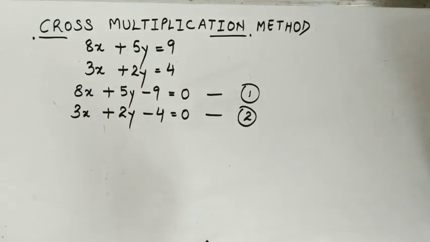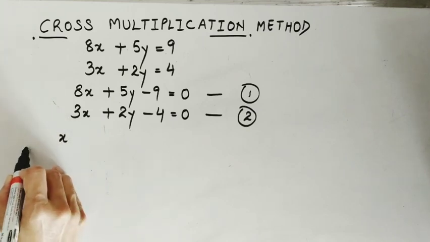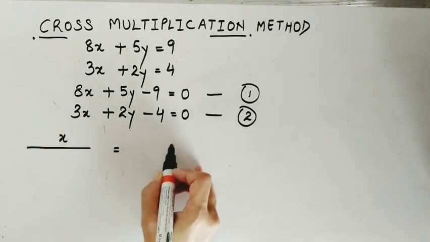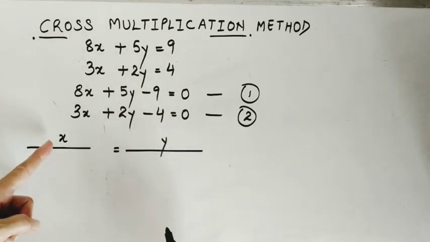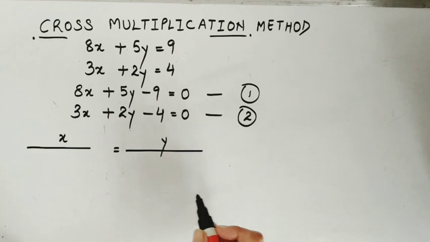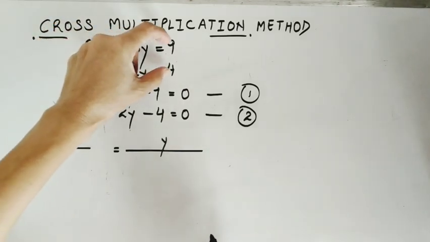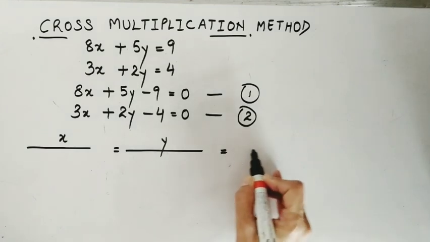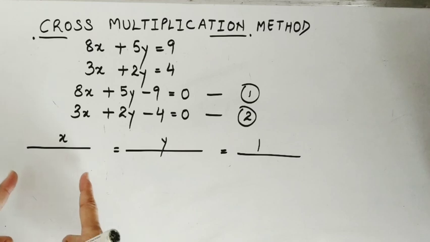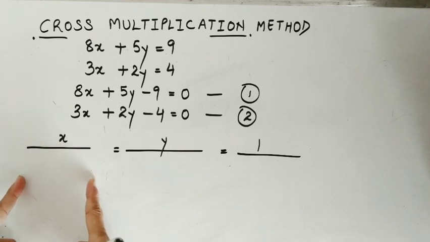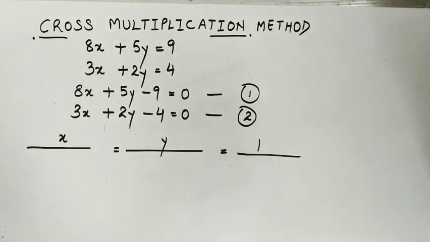Now, how do we apply this method? We would be writing some numbers below x, because we are going to find out the values for x and y. But over here we have x, y and a constant as well. So for the constant we write 1. Now the most important step is this. In the denominator of x, for y and for 1, what needs to be written?